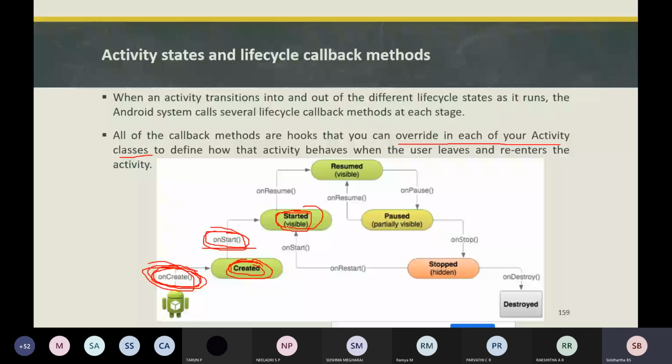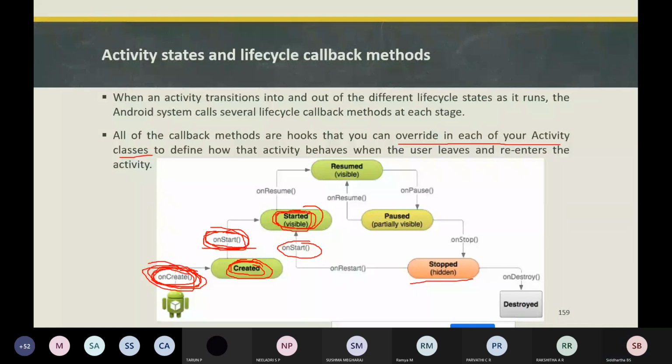When you launch a new application, the activity is created and initialized by calling the onCreate callback method, then it moves on to the onStart method. The other case is when you have stopped your application and want to restart it. Then it calls the onStart callback method, and it will be in the started state.